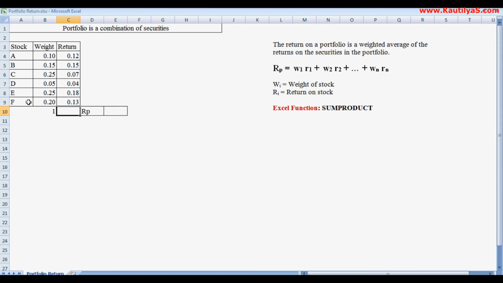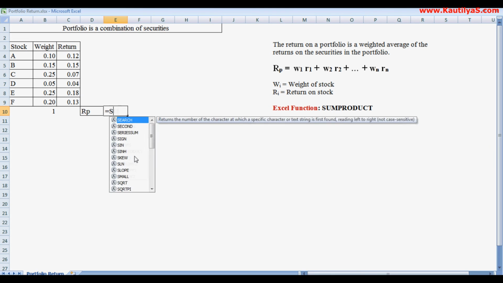Now how are we going to calculate the return on a portfolio? As we said in the equation, weight of 1 into R of 1. So this multiplied by this and the summation of all of these. Instead of that, we use the built-in Excel function SUMPRODUCT. By using SUMPRODUCT we can calculate the portfolio return equals